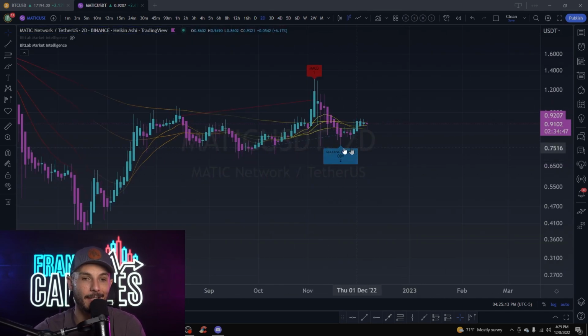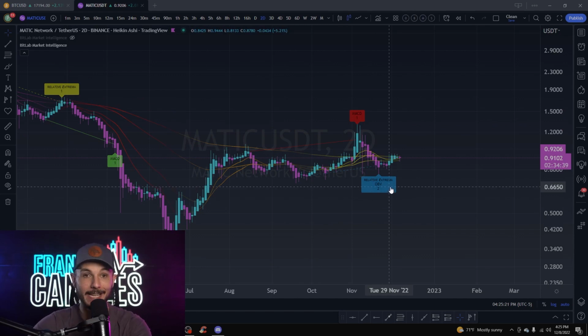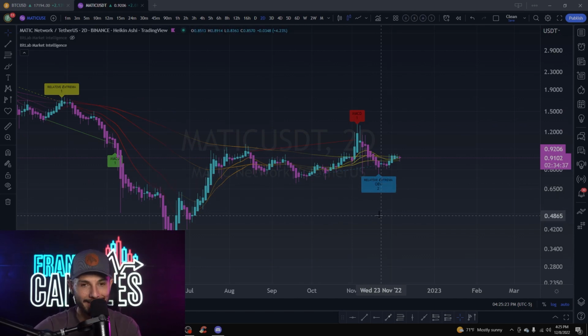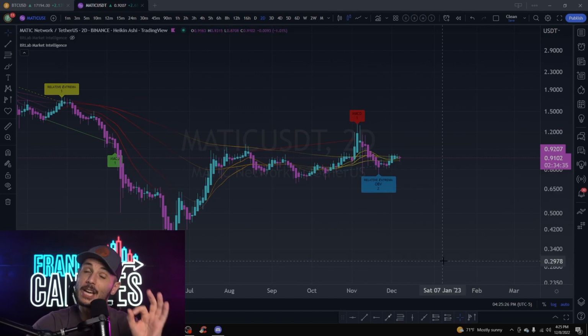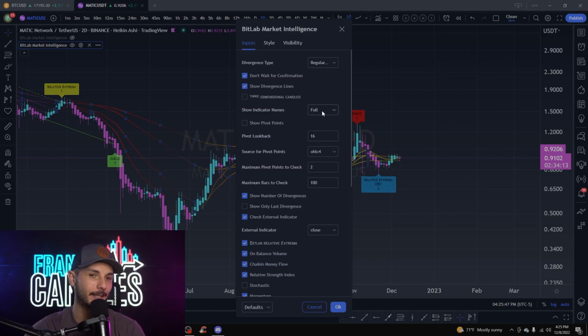Like right here, it's saying your relative extrema, the BitLab relative extrema, and the OBV has a divergence here. And then, if you had an RSI, a MACD, and a stochastic divergence as well, it would list all of them here and give you the number of divergences. Super, super helpful. And now those are all indicators that you don't necessarily need to keep on your chart all the time, unless you wanted to look at them for another reason. But if you're just looking for divergences, you could completely eliminate all these indicators, and then the BitLab Market Intelligence will just gather the information and spit out a simple little signal like this. So let's go back into the settings. I like to keep this on full just because I like to quickly be able to read what kind of